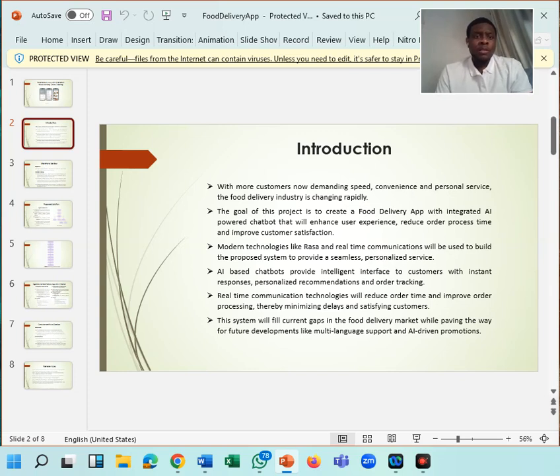Now, with technologies like RASA used to build this AI chatbot, this food delivery app is assured of a seamless and personalized service. And this AI chatbot is also an intelligent interface. It provides customers with instant responses, personalized recommendations, and order tracking, as we all know how chatbots function.